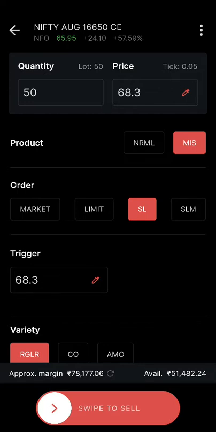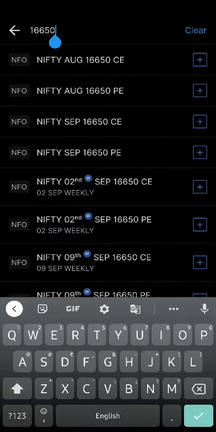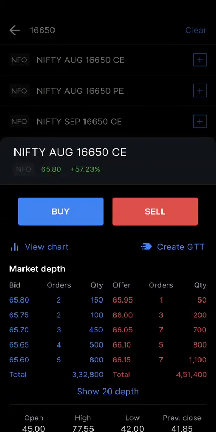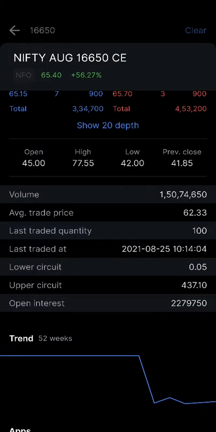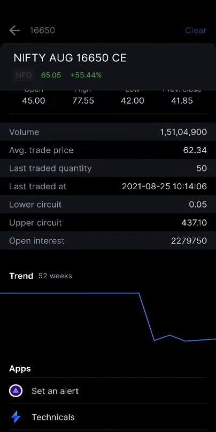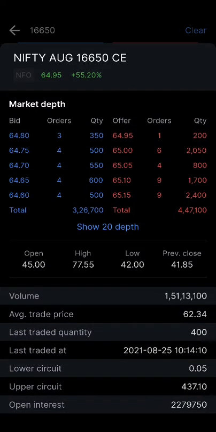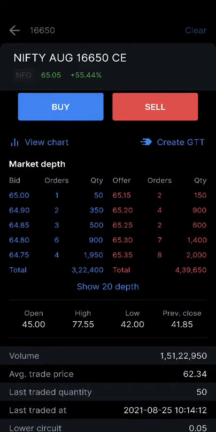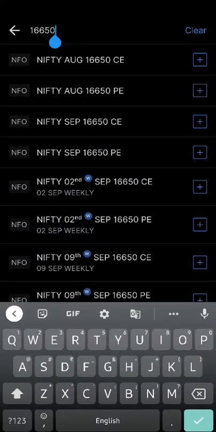It will show the same settings which you used last time, and instantly you can change everything, and instantly you can see the price and market depth. You don't need the chart immediately. I mean, you need it, but not immediately. So there is no point in showing the chart on the front end immediately. So these are the major differences.